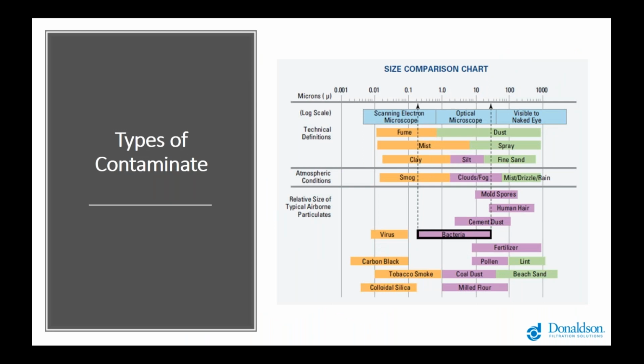So, types of contaminants in these systems. I think before getting into the details, it's helpful to first get an idea of the contaminants in the system that we're targeting. Most of these things are invisible to the naked eye, and representing the comparative sizes will help wrap our heads around and relate to some of these things that we'll be discussing in more detail in the coming slides. So as you can see, I put a black box around bacteria